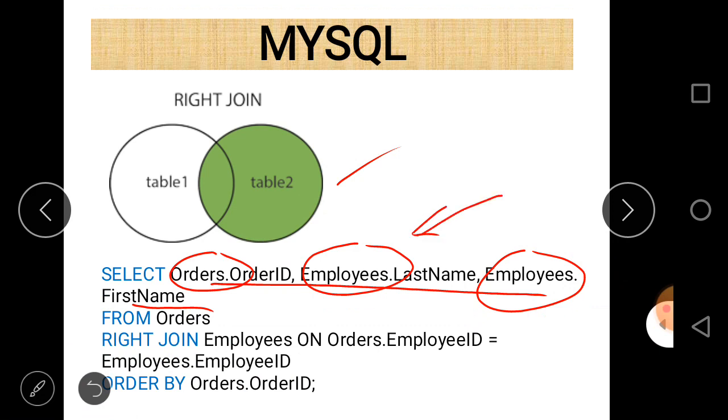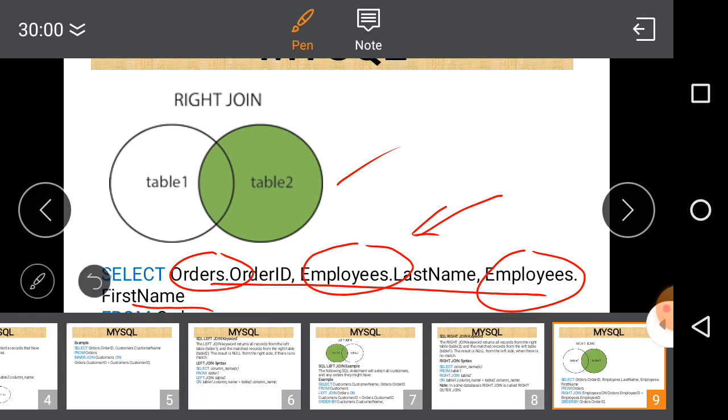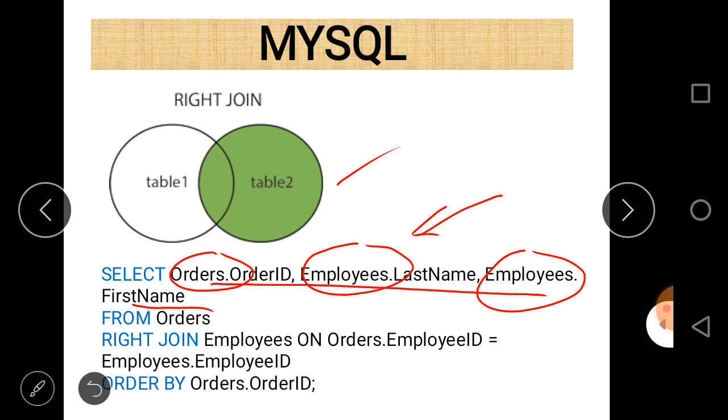So here we just write employee dot last name, and employee dot first name, and order id belongs to orders, so here we write orders dot order id. And after that, table number 1, from orders.